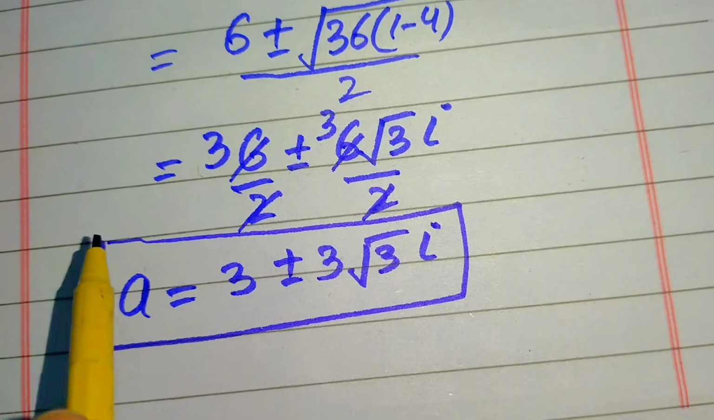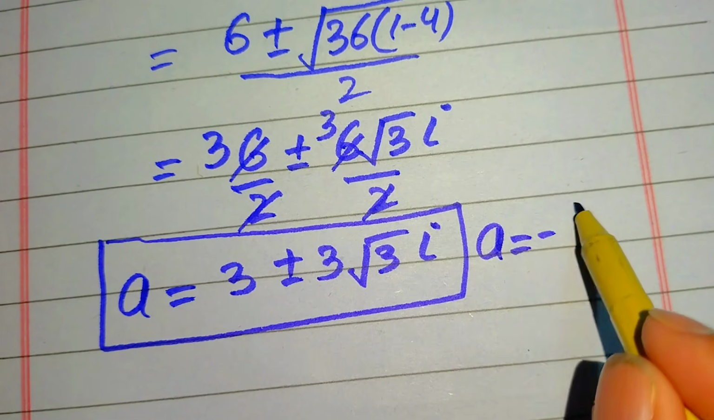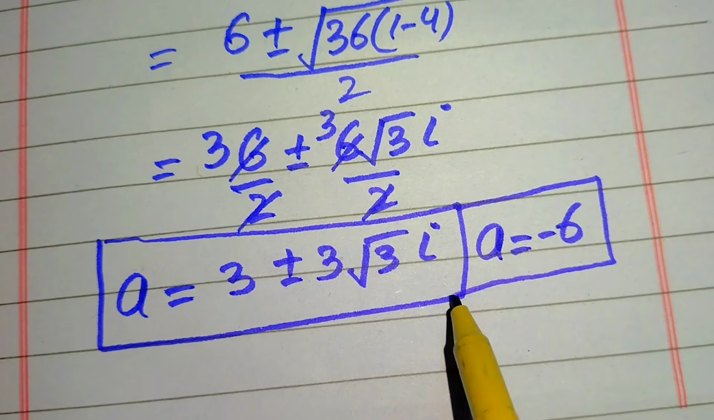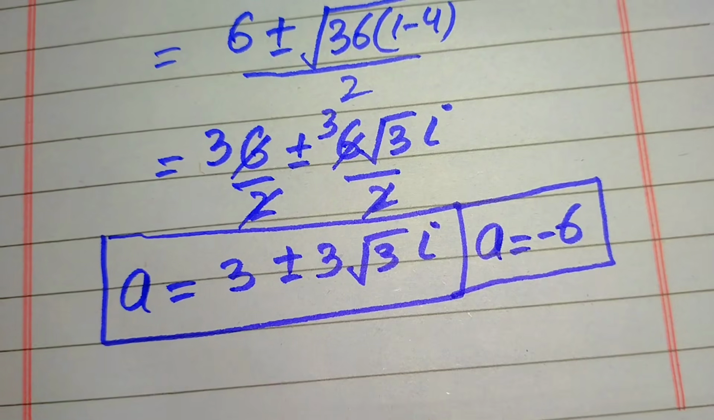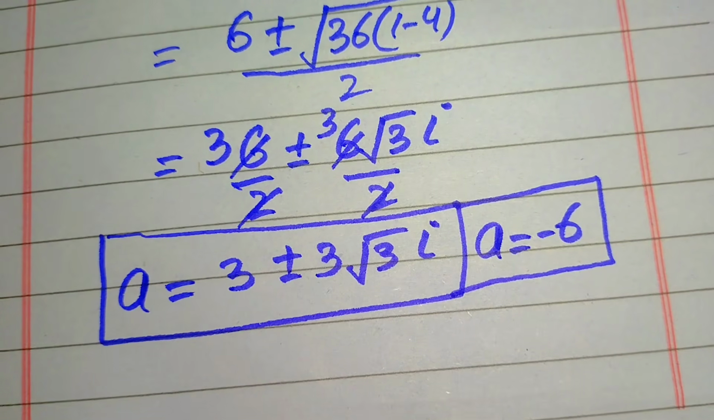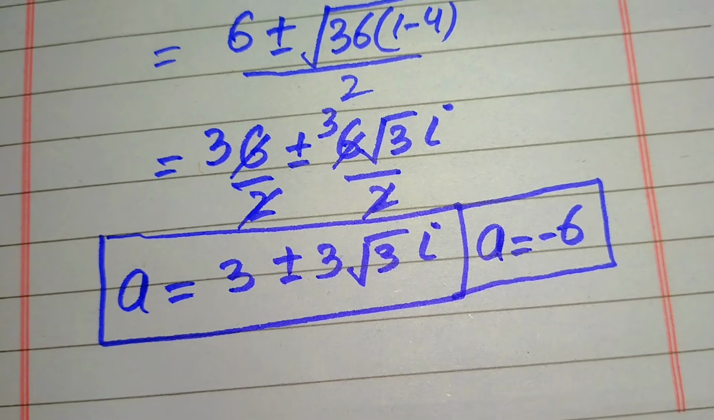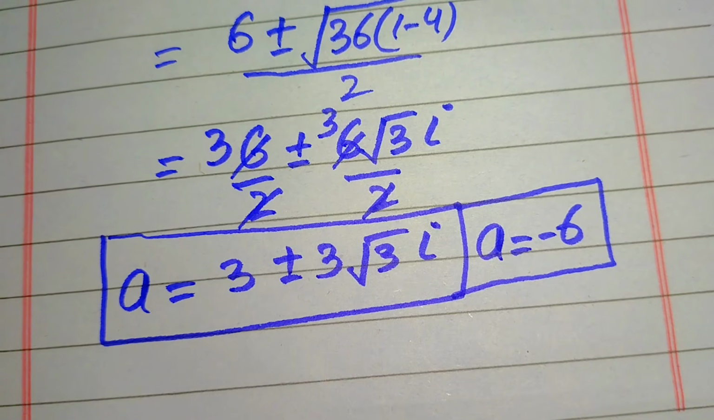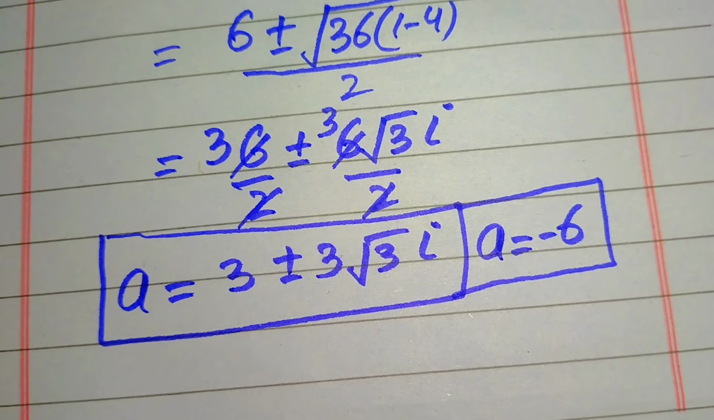These are the other two complex roots of the given equation, and a equals minus 6 is the third root of the given equation. So these are the three roots which we get from the second equation. So from the first equation we get three roots, similarly from the second equation we get three roots, and here we get a total of 6 roots of the given equation. So this is our